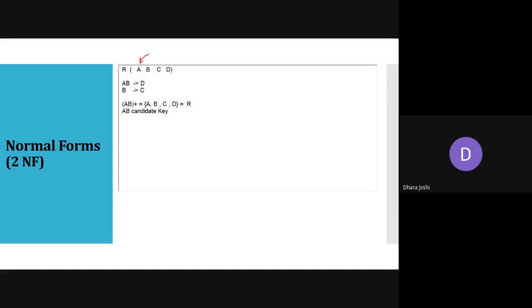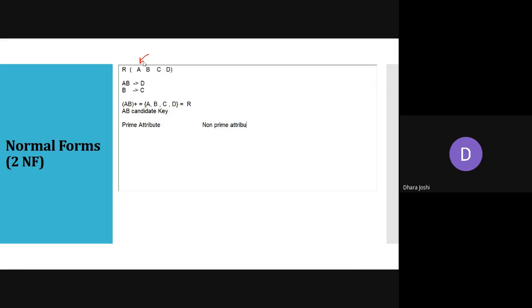Everyone is clear till this? Why is AB a candidate key? Because when we are using these two values, we are able to get all the values of the table. Okay, so AB is the candidate key, and once we are having a candidate key, we can go for this logic. What is a prime attribute and what is a non-prime attribute?